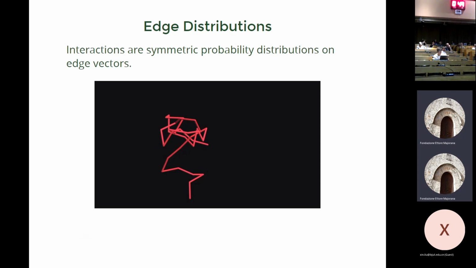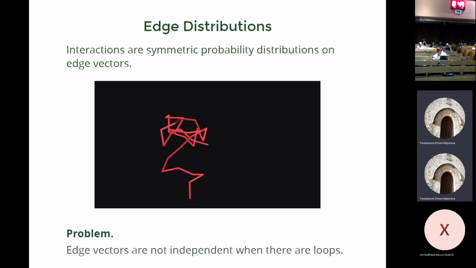Statistically, it's very simple. Geometrically, it's a product space. Everything is easy. But if you have a more complicated graph, the edge vectors can't be independent if they form a loop, because as I go around the loop, that's like summing the edge vectors, and I'm requiring the sum to be equal to 0. Well, they can't be independent if they're required to sum to 0.